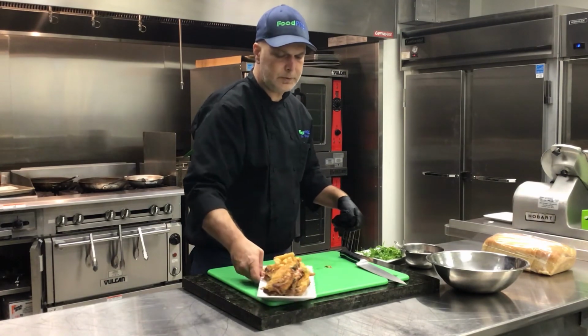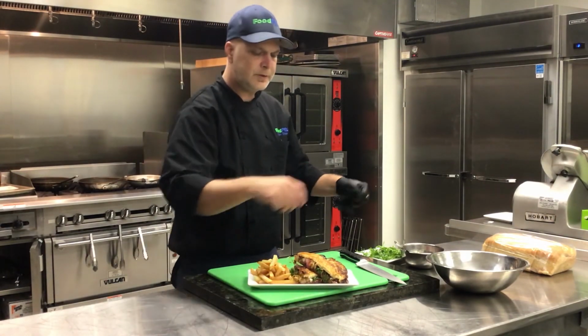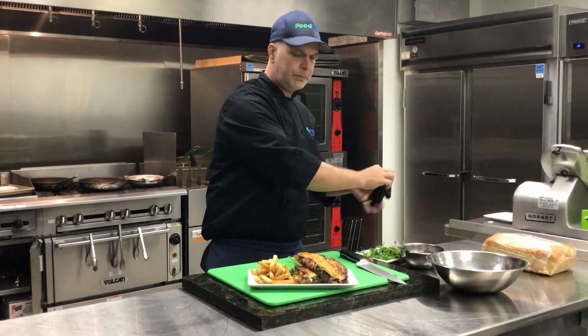And there you have it, folks. Pot roast sandwich, pickled onions,